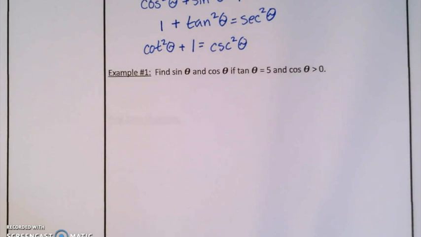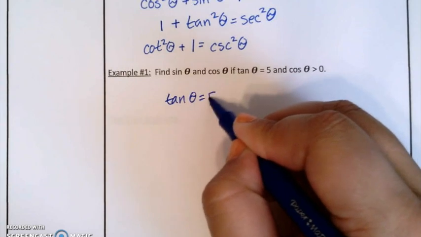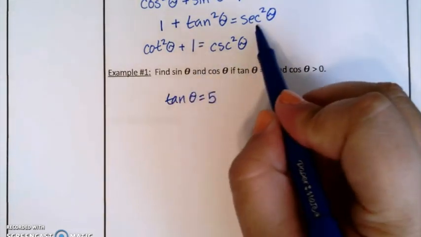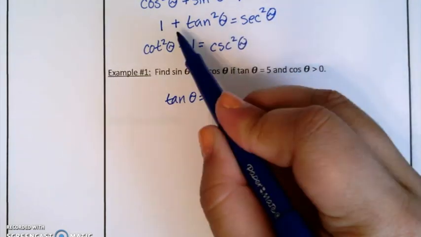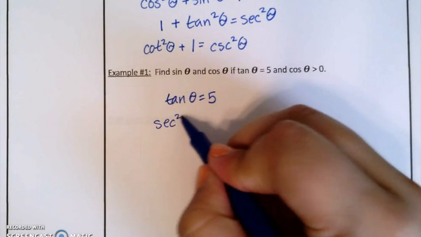So in example 1, we're looking for sine of theta and cosine of theta. We are given that tangent of theta is 5 and that cosine of theta is positive. So starting with the idea that tangent of theta is 5, we know that from here, secant squared of theta is 1 plus tangent squared of theta. So let's start with secant squared theta